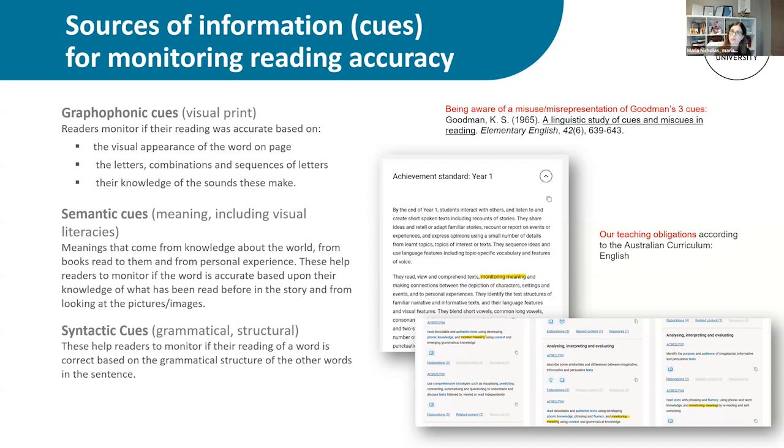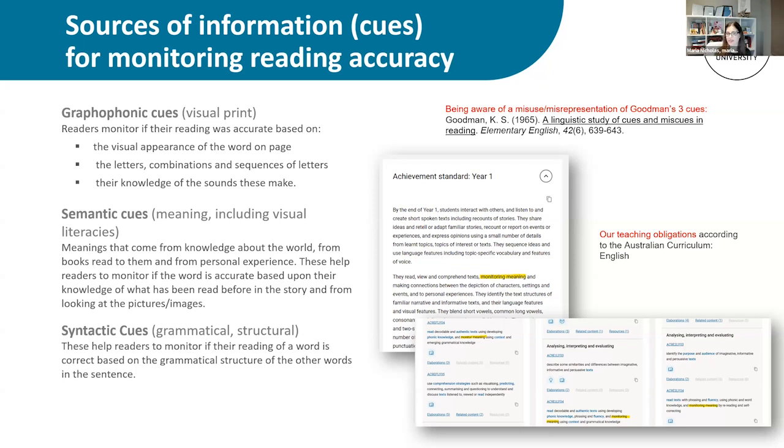But the study was also about who was paying attention to the fact that they've used a miscue and then self-corrected. It's about their monitoring for meaning. Did they pick up on the fact that they didn't look at the whole word? Did they pick up on the fact that the word they said didn't make sense in the context of what they were reading? So maybe they were guessing. Did they pick up on the fact that they've changed tense, or it didn't quite make sense to use that particular word there structurally, syntactically? They picked up on that, so they went back and self-corrected.